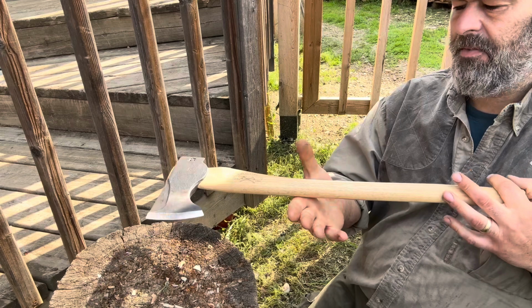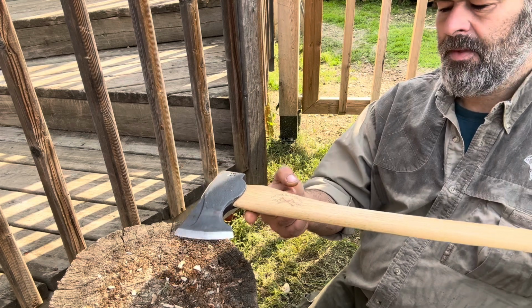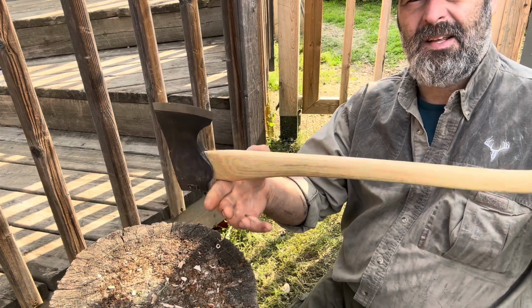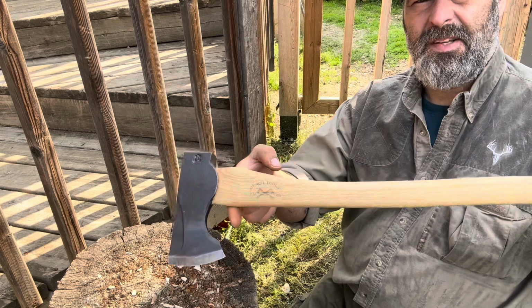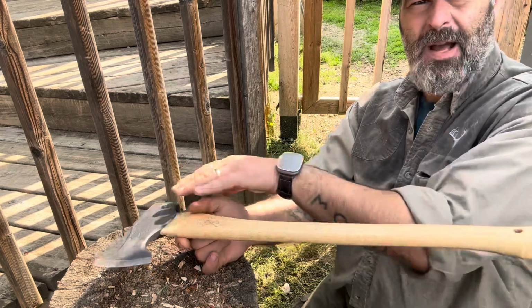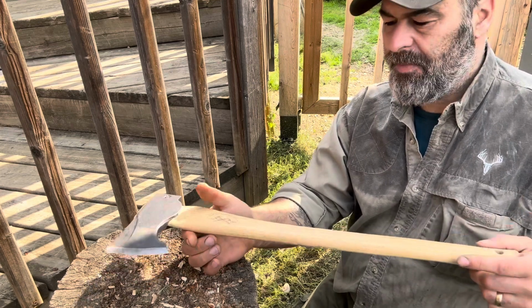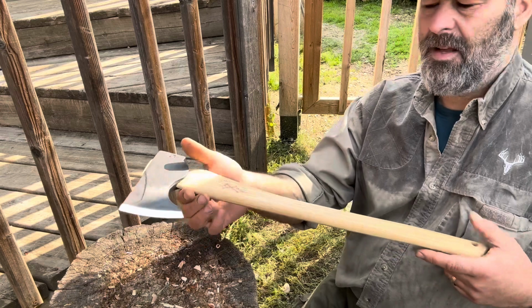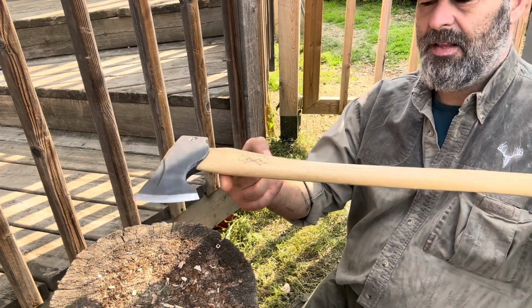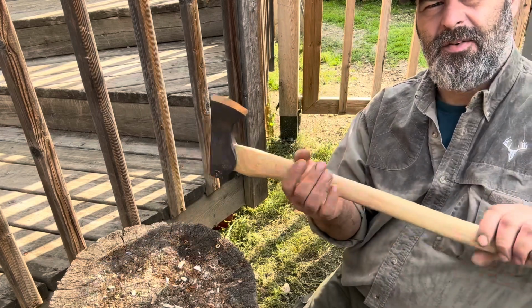This axe balances perfectly on its side. And when people put the axe like this to show you the balance, what they're checking is where the axe is tipping. Obviously the axe is gonna balance around the head, because you have 2 pounds according to the length. You're pretty much gonna be near where the axes hang. But what I want to see is which way does it go, forward or back? This one stays on its side, so when I'm cutting, I don't have to fight rolling the axe,